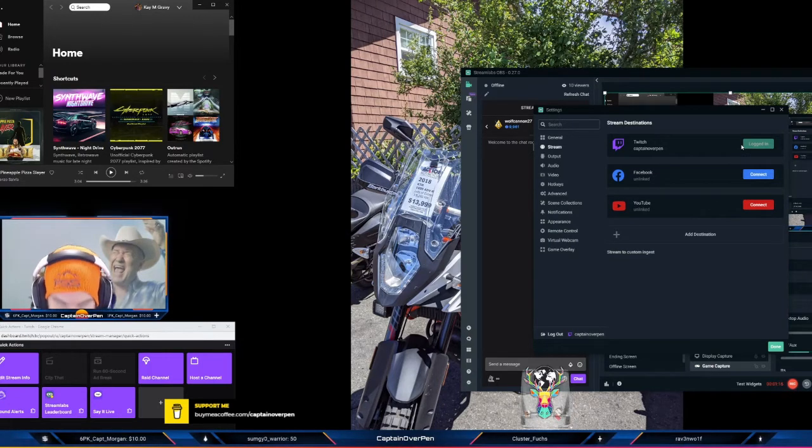Twitch, you'll just need your stream key, which is in the Twitch options, easy to find. Again, I won't go into too many details. I won't bring that page up because obviously I don't want to share mine with you. Don't share that with anyone because it basically allows them to log into your streaming account and stream whatever the